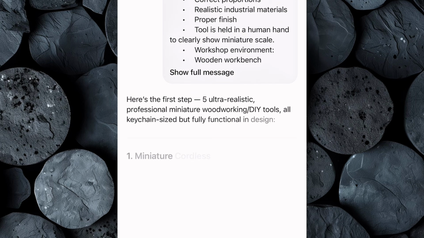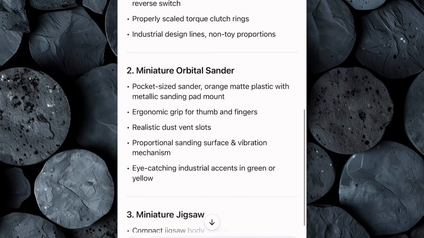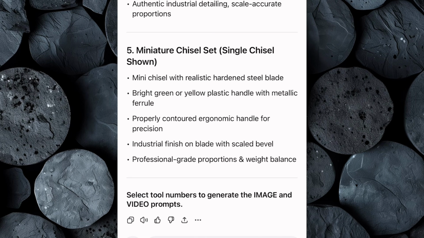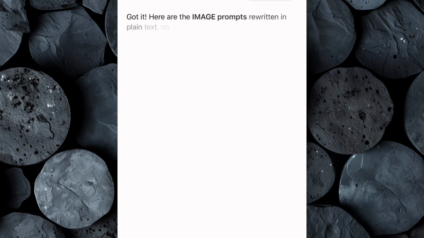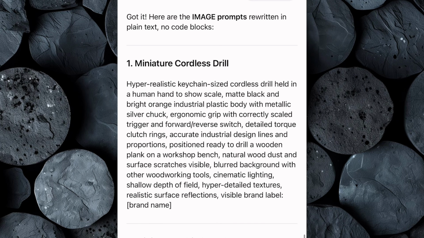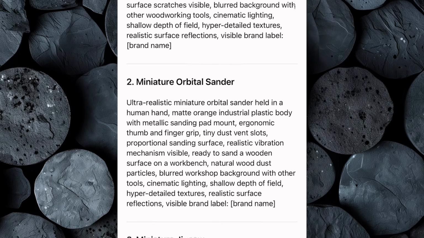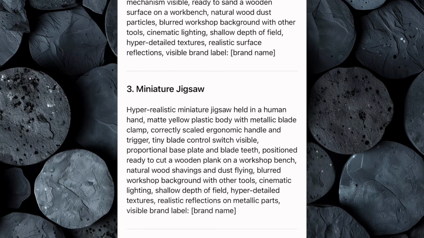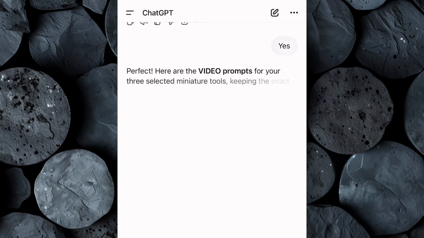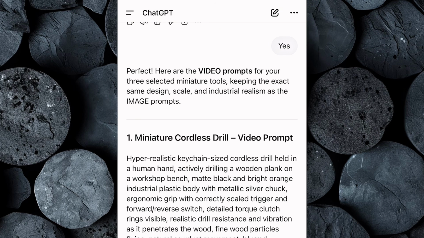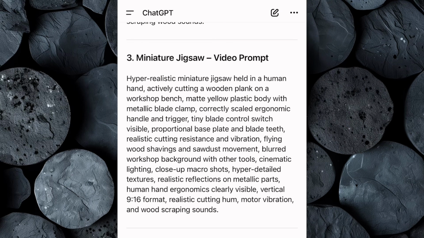Hit enter, and in seconds, the AI will generate a list of miniature DIY tools. Next, it will ask you to select the tools you want for the image prompts. I chose 1, 2, and 3. After hitting enter, the AI gives us detailed image prompts we can use to generate exactly the kind of professional miniature tool images we need. Then, ChatGPT will ask if you want video prompts, which we can use to animate our images into videos. I'll type yes, and the AI will instantly give us detailed video prompts ready to create cinematic, realistic miniature tool